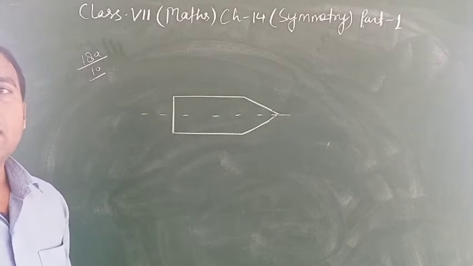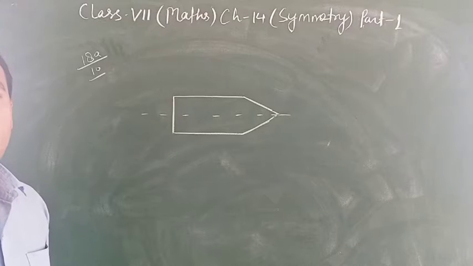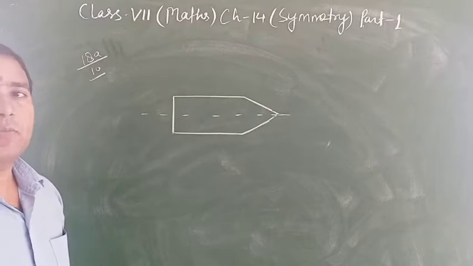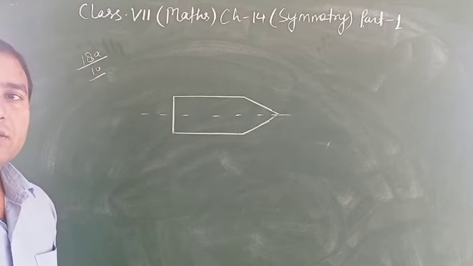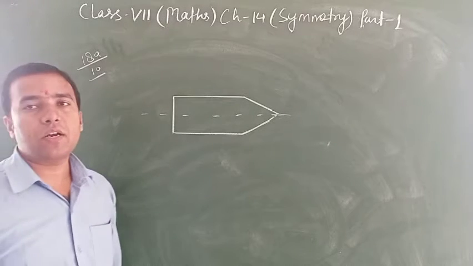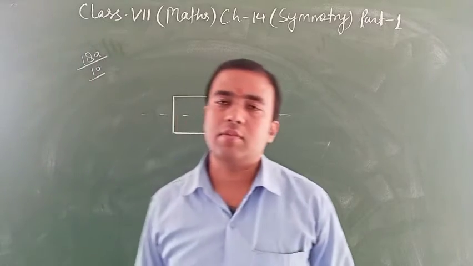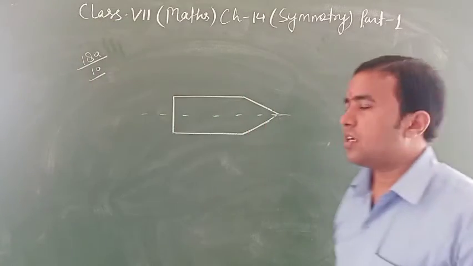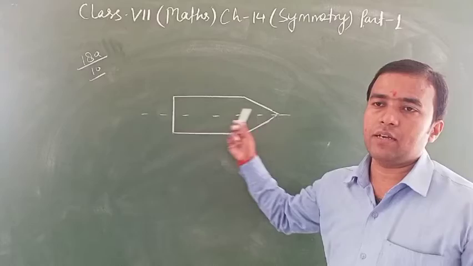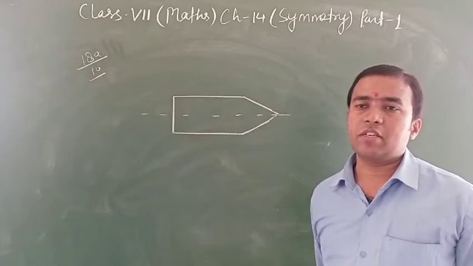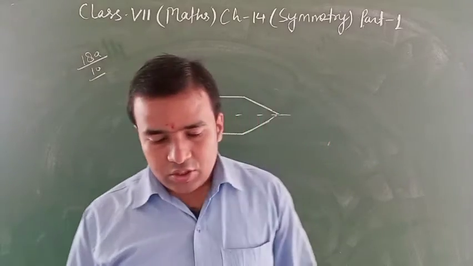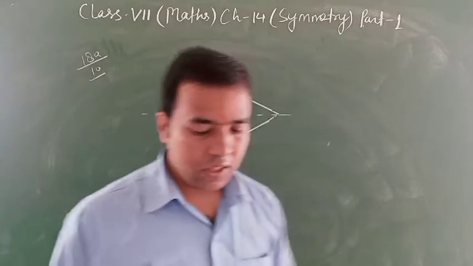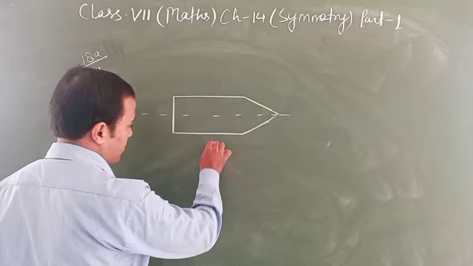Why? I told you that any line splitting a shape into two parts such that the two parts are the same is called a line of symmetry. Okay, these parts are also said to be symmetrical to each other. Okay,